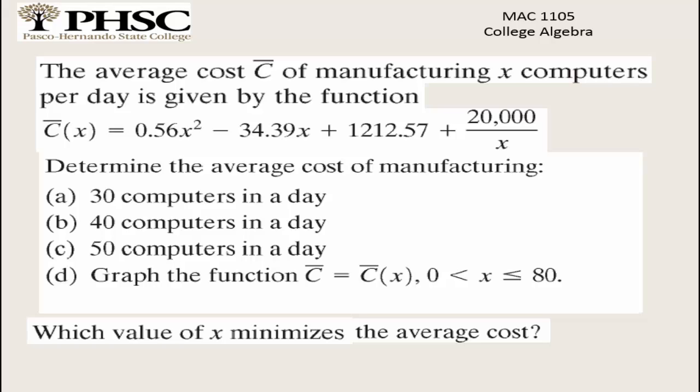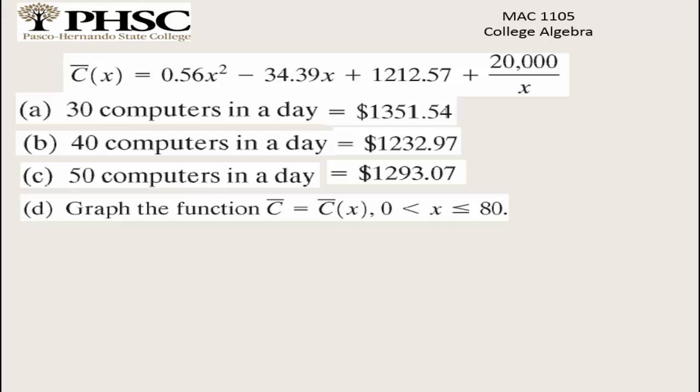And so this particular function is only defined between 0 and 80. So in other words, they can only manufacture between 0 and 80 computers a day. That's their limitation. And then we're going to find the value of x that minimizes the average cost. So 30 computers a day would be $1,351. 40 computers would be $1,232, and then 50 computers would be